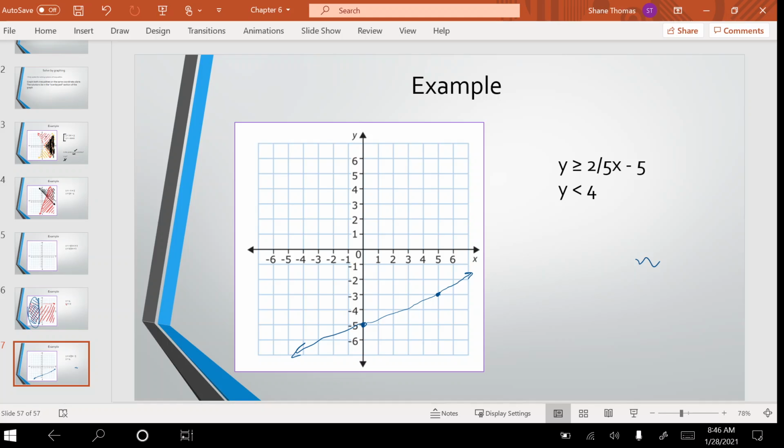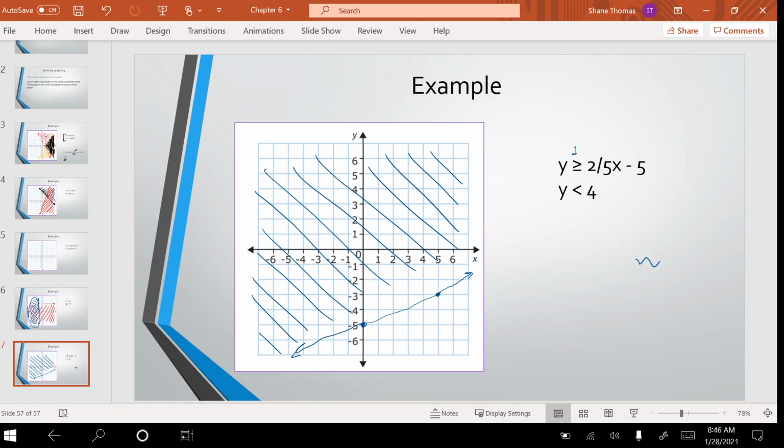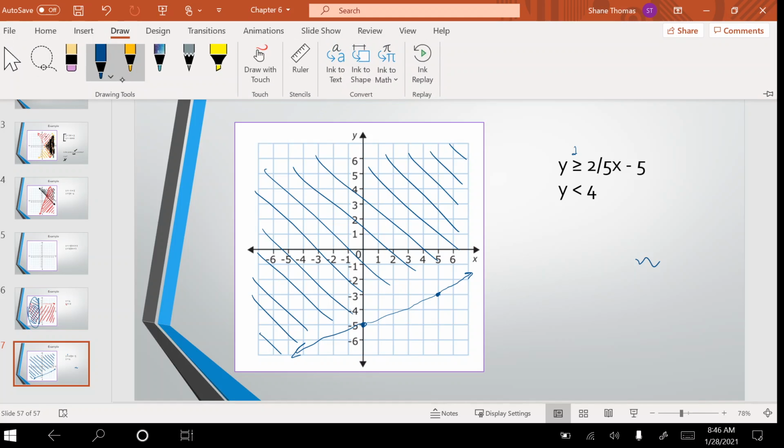Okay, are we shading above or below? Are you sure? What's this sign say? So greater than or less than? It's not less than. It's greater than, man. It cannot be less than. It's greater than. So it's greater than, so we shade above, correct? Okay. Then the second one,